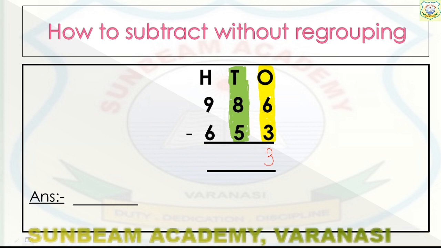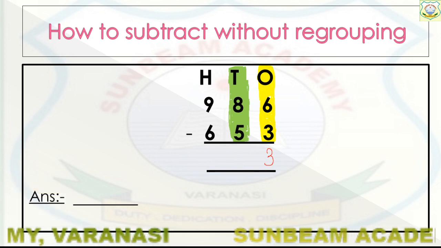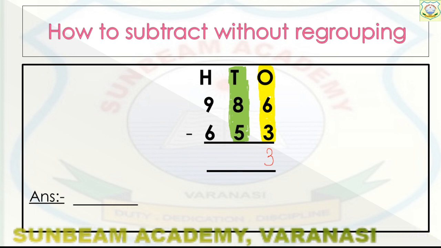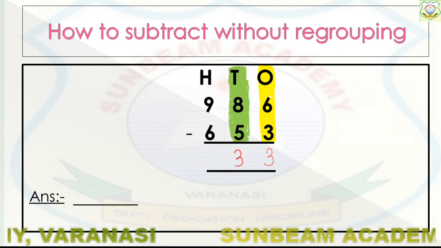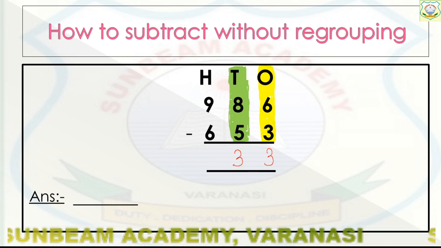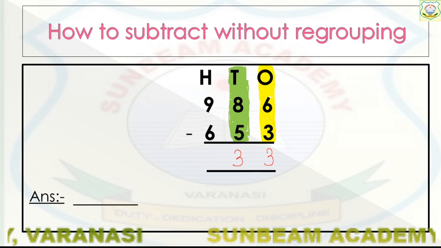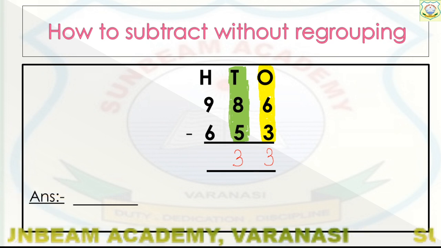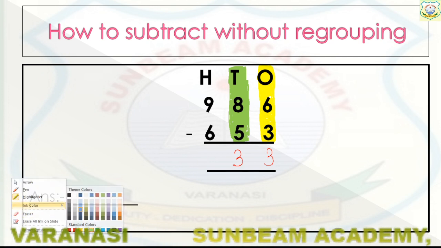Now we will do the solution. So now we have to subtract 5 from 8. So 8 minus 5 is, yes, 3. So see students, I have subtracted ones in one row, tens column in another row. Now it's time for 100. So now I will again change the ink so that it is clear to you. Okay?